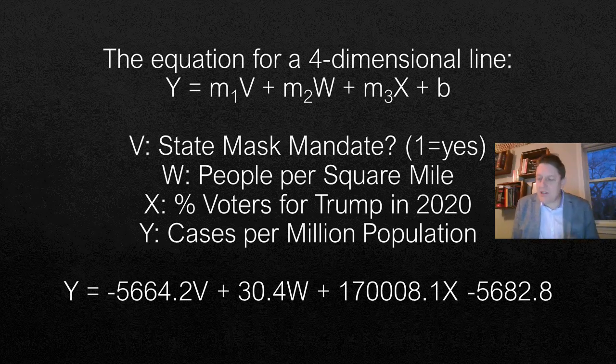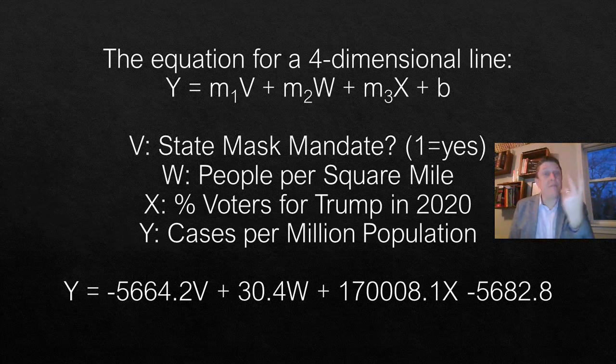And the equation for that four-dimensional line is one in which we have still just the regular old Y on one side of the equation. On the other side of the equation, we have a B, which is where it all begins, with the value of Y where all of those axes values are equal to 0, where V equals 0 and W equals 0 and X equals 0, right? Because 0 times any other number is 0. So that'll cancel out all the V stuff, the W stuff, and the X stuff, and it just leaves Y equals B. But then there's only a little complication.